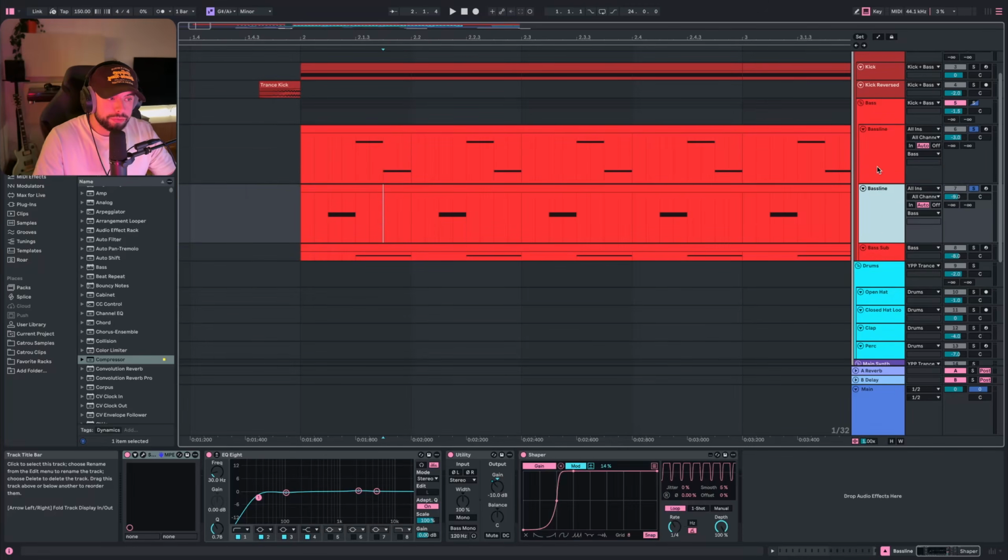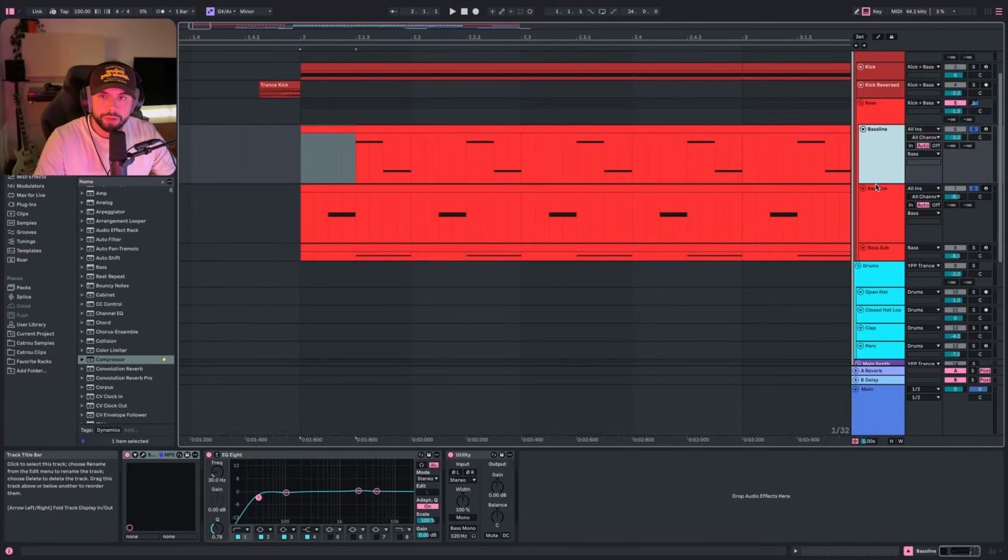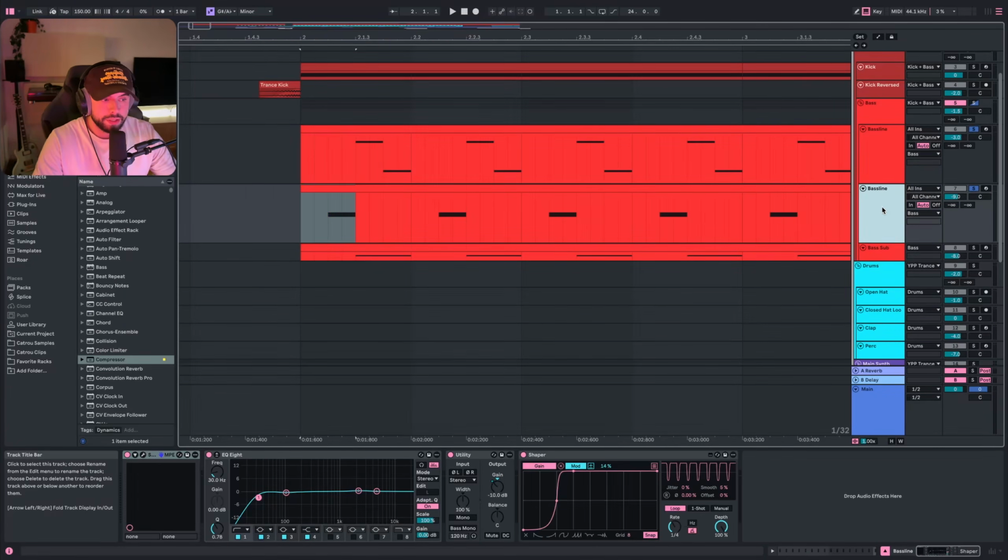I created 2 different tracks here because I lowered the volume of the first note, because the kick is still playing where the first bass note is playing. If you don't do that, the kick and the bass line would clash too much. You can do that with velocity or with a sidechain filter. But if you're not able to reduce the velocity, you can do it like this and you will achieve the